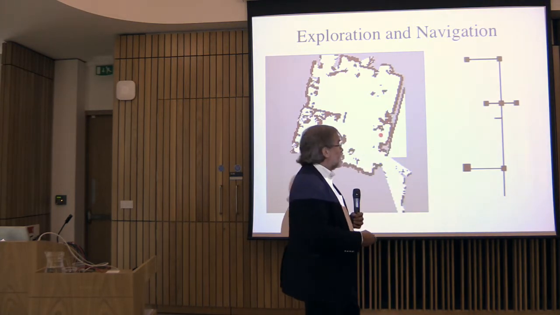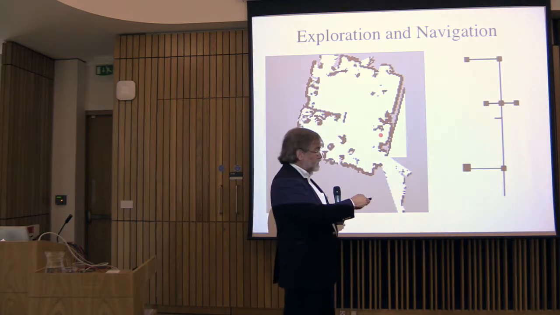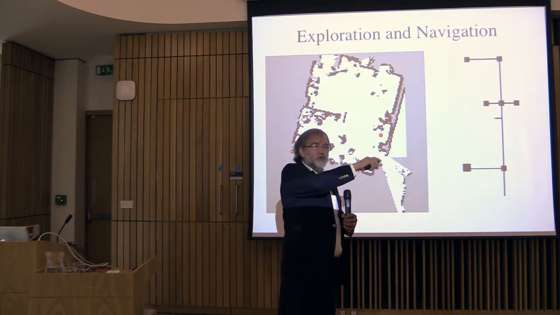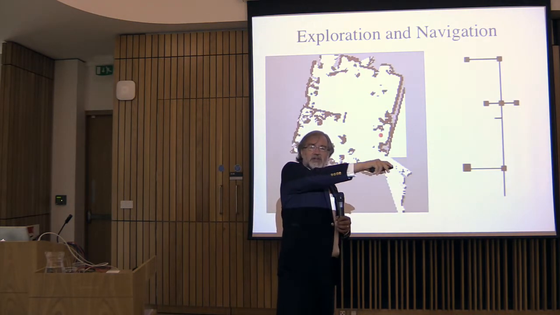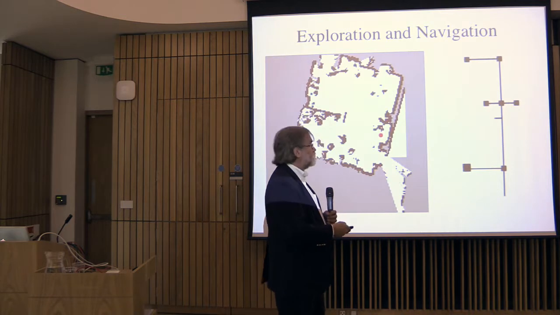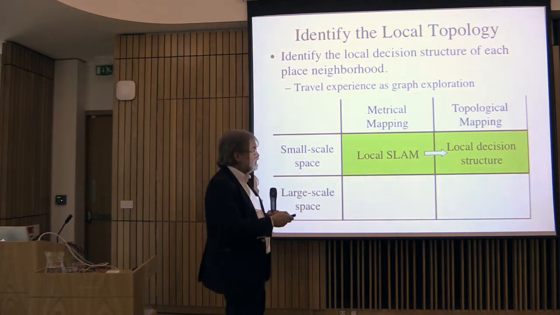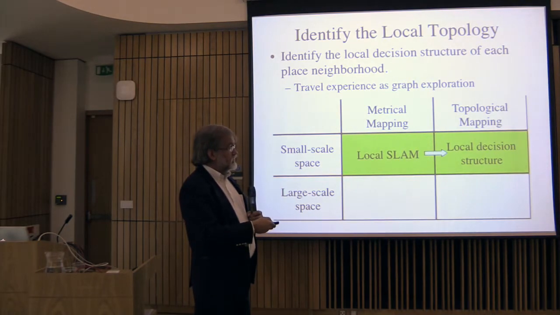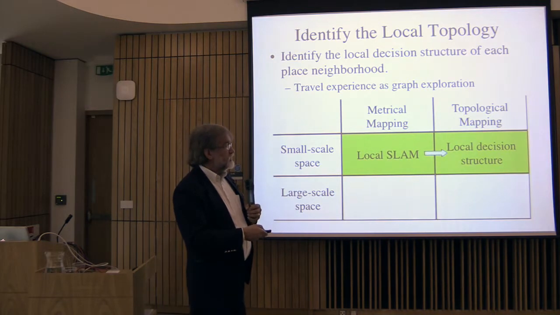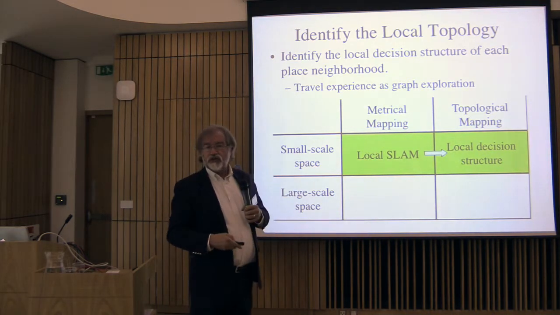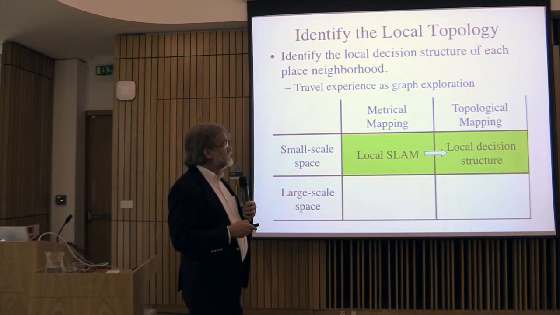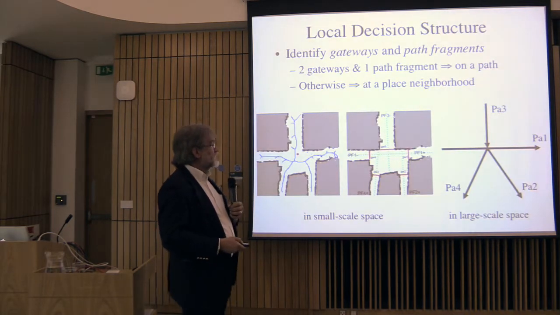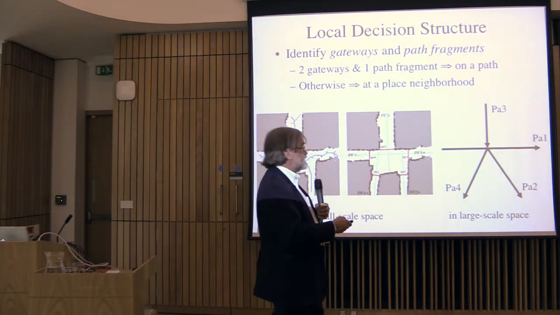As it traveled, one of the things you noticed is that there was this feeler that went out, and those were sort of tentative plans that it was making. So that's showing how we do this local SLAM. The next step is to build a model of the local decision structure. So once we can build a local model, then what we're going to do is,